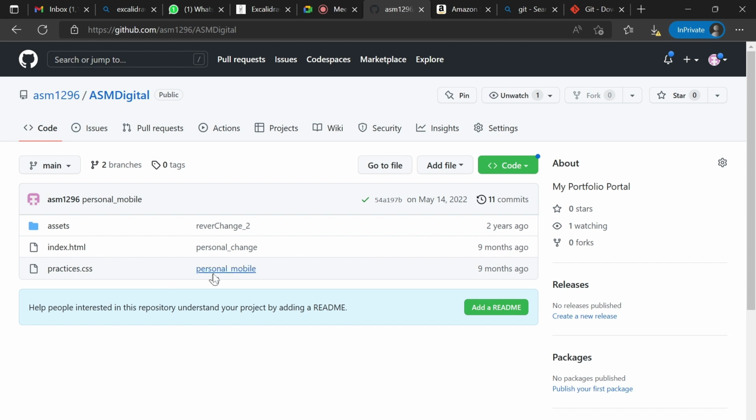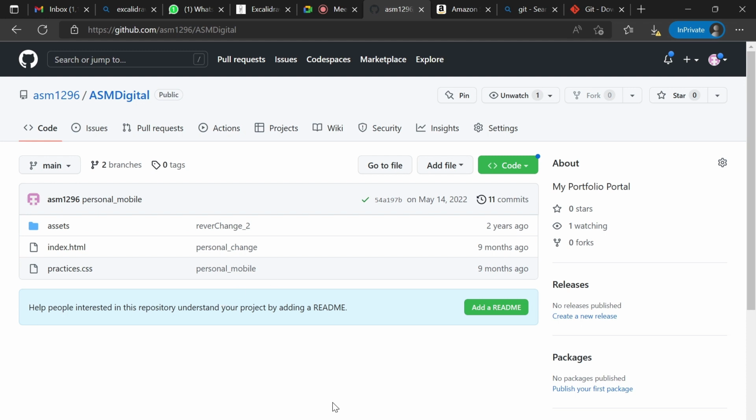I created it for a personal project on some other machine, I think last year, May 22, so almost last year. I completed this project on a different machine and kept this code repository on GitHub. Now I want this repository on my local machine, so I will download or clone it.